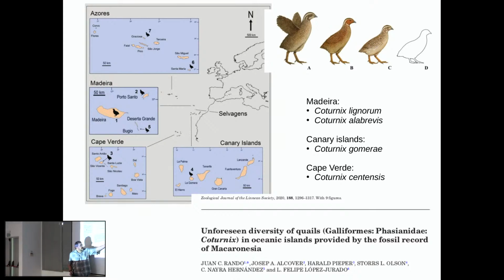There was one species in Cape Verde. There was one in Canary Islands, 2 in Madeira, and in Azores they are still describing a couple more species. So maybe what we see is a fragment of the genome of one of these extinct species. So this is one of the lines that we're working on. In the ancient DNA laboratory, we have bone remains of these species, of some of them, and we're trying to see if we could find any relationship between the genome of these birds and the inverted sequences.